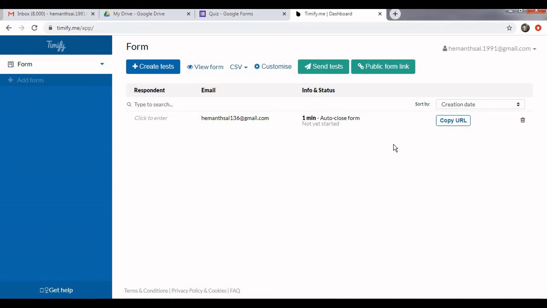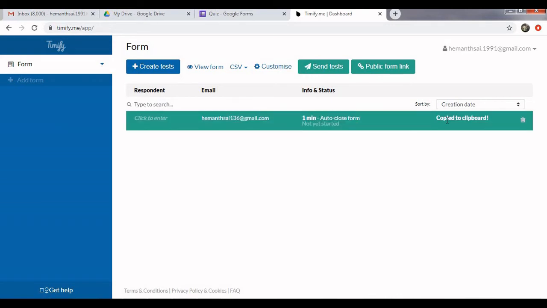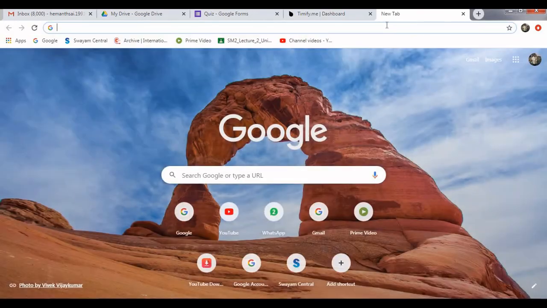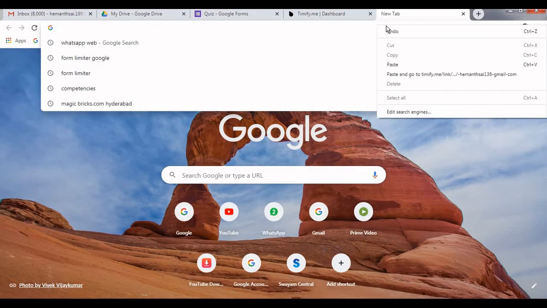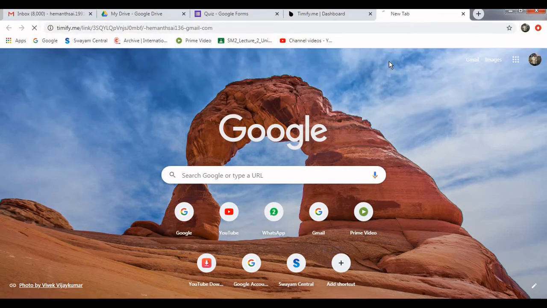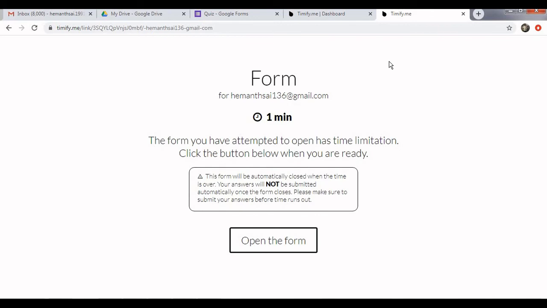If I want, we can open the mail ID for which we have sent the form. Otherwise we can just copy this URL here, and I'll show the demo. Just copy that URL and simply paste it. This is how the mail ID's person sees it.